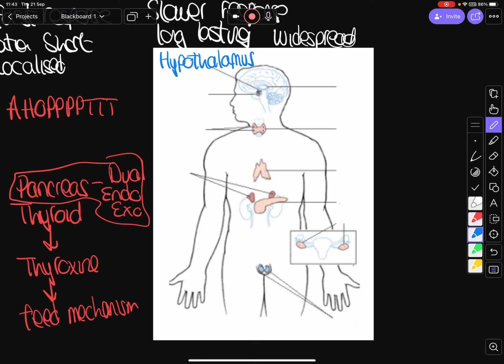Down at the bottom, it's not part of our brain, but it's called the pituitary gland. This is what's called the master gland. It makes a number of hormones. And in here by our corpus callosum in our brain is what's called our pineal gland. Now, in an ideal world, H1 candidates are going to have to know all of these glands.